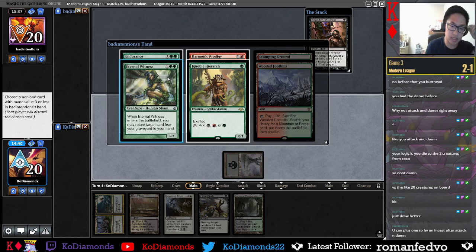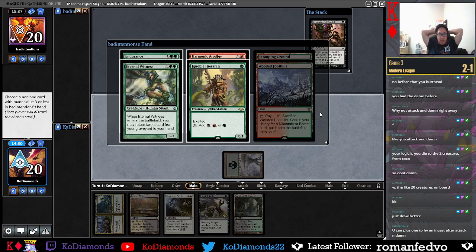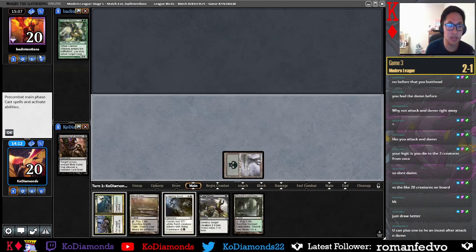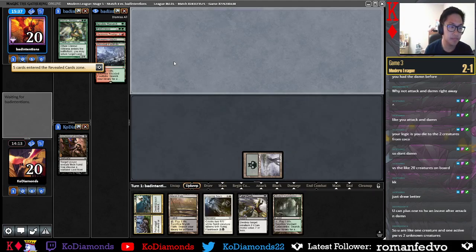I think we just take the Ewit. Just trying to figure if I want to push. But then if we have Lingering Souls, they slam Endurance on turn 2. It's a pretty good hand. I think we just take the Ewit. It's the card that's actual card advantage here. Oh, that's fair. We do have a...